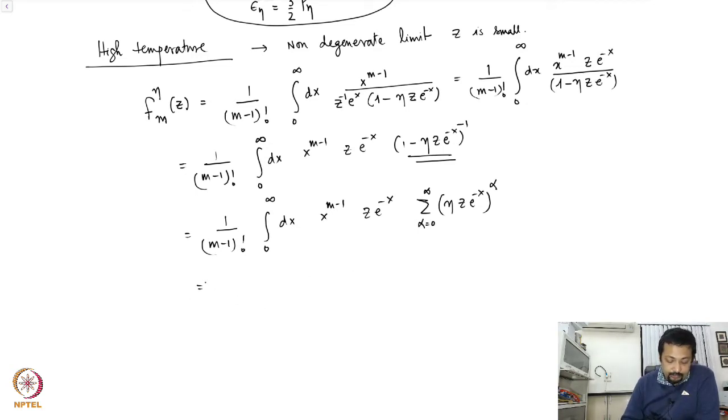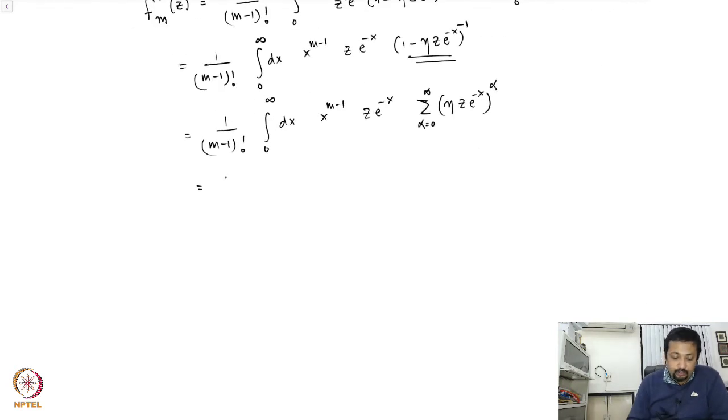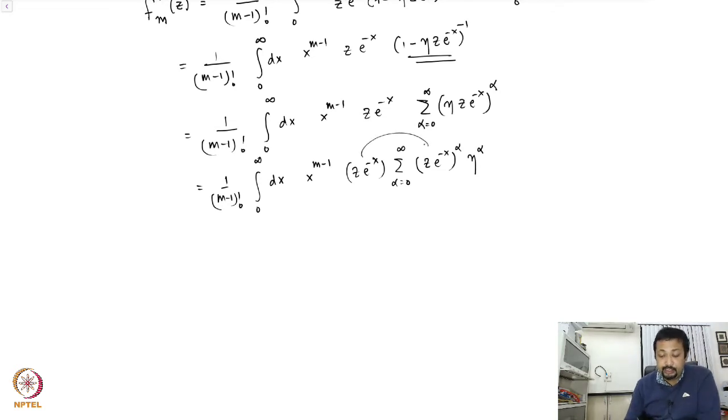So that I have 1 over (m minus 1) factorial, integral from 0 to infinity dx x to the power m minus 1 z e to the power minus x, sum over alpha equal to 0 to infinity of z e to the power minus x raised to the power alpha eta to the power alpha. I can bring it inside over here so that this becomes